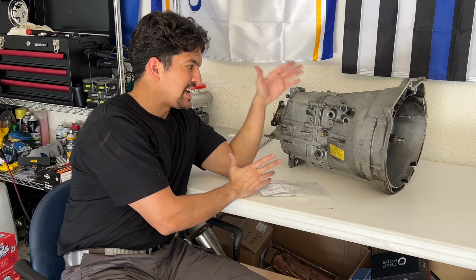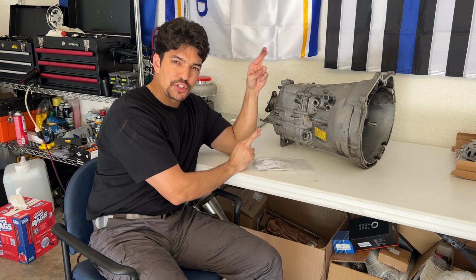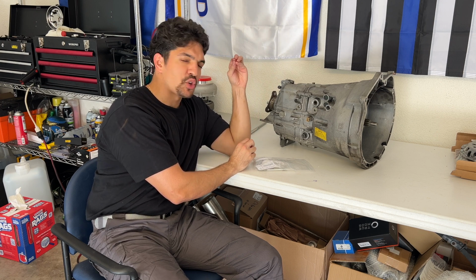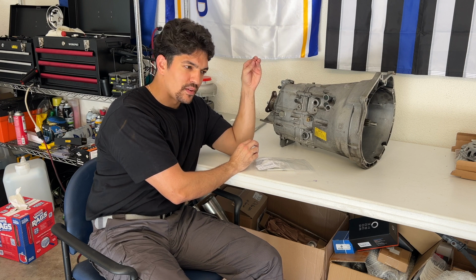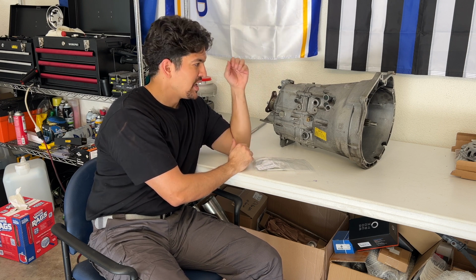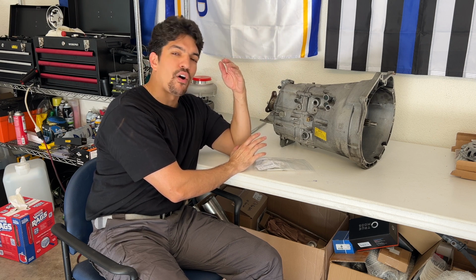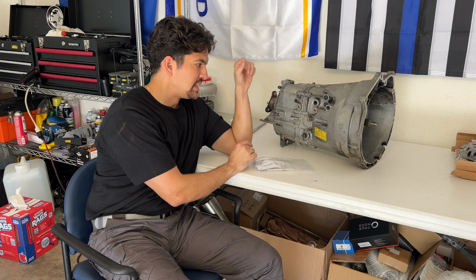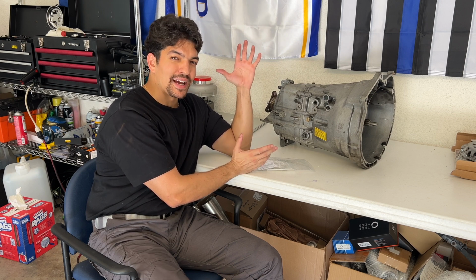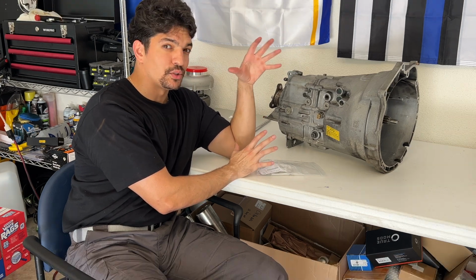So I don't know if it either fell out under the truck or what, but I filed a claim. Essentially, I can't do the detent pins until I get that tool set. So fingers crossed they show up. I have a claim open right now with FedEx, and I'm trying to see if I can get over to the driver who dropped it off to me yesterday, and see if maybe they fell out into his truck. But if not, I can't get the transmission back in the car until this part is done. So kind of a roadblock there. Kind of a bummer as well. I might have to buy a drift set now, $130 just for this little job. So not a little job, but